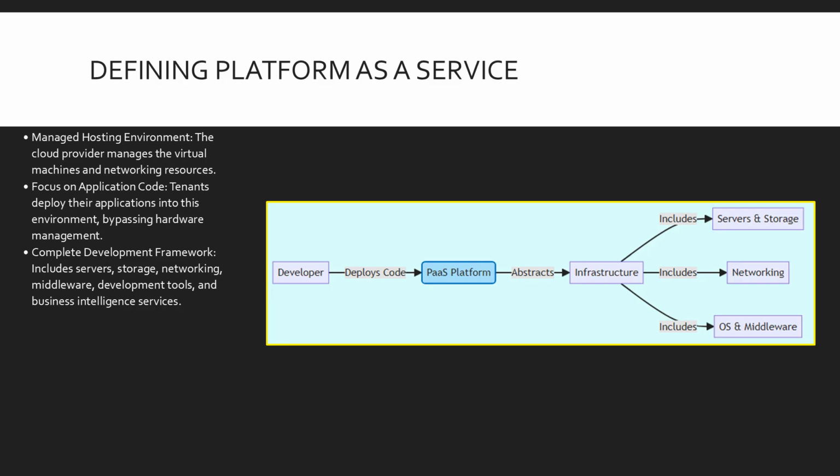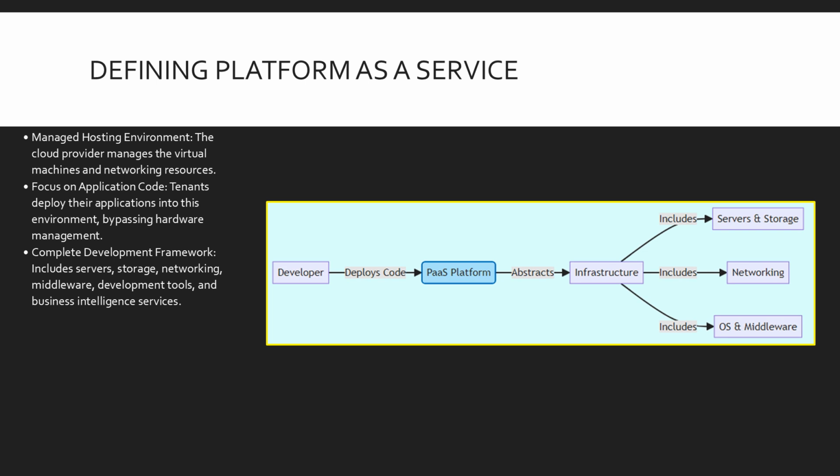To define PaaS, think of it as a complete managed hosting environment. As noted in the sources, in a PaaS model, the cloud provider manages the virtual machines and networking resources, and the cloud tenant simply deploys their applications into this managed environment. This allows you to focus entirely on the application code rather than the infrastructure. It is not just about raw compute. PaaS provides a complete framework including middleware, development tools, and business intelligence services that developers can build upon to create